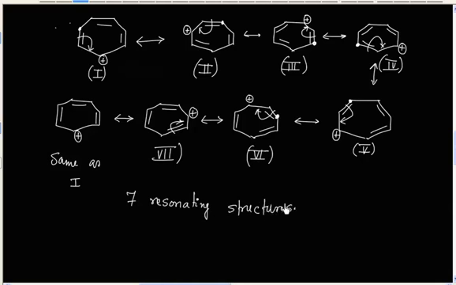So you see, whenever we have a positively charged cyclic system, we have to flow a double bond so that the final resonating structure is same as the initial resonating structure. In the middle, whatever resonating structures I am getting are the unique resonating structures. So you have to try yourself to get all the resonating structures.